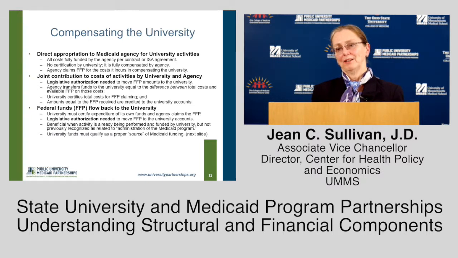So you may recall that I had said that there are matching rates of 50% and sometimes enhanced rates of 75% and even 90%. What the university is getting here is partial reimbursement of its costs, which is a benefit if you are working with external funds or other sources of funds. By being able to draw down and get the benefit credit of the FFP, you can make the other source of funding stretch that much further. So every $2 of grant money that might come in for that same activity can now fund $4 of cost because you've got this FFP flowing.